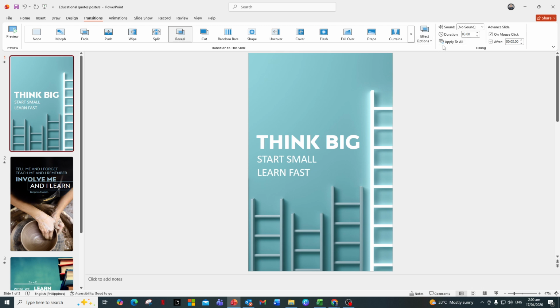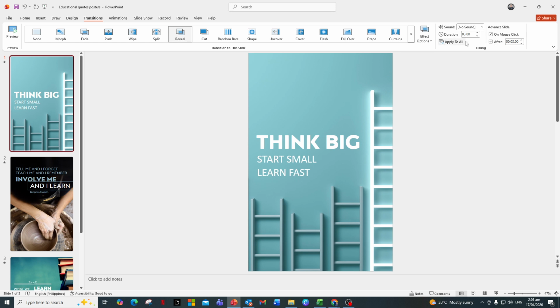Just below that, you'll see options for how the slide advances. If you want to move slides manually, make sure On Mouse Click is checked. This means you'll use your keyboard or mouse during the presentation to move forward. If you want your presentation to run automatically, check the box that says After, and set the number of seconds you want the slide to stay on screen before advancing. You can use this for timed talks, looping displays, or kiosks.